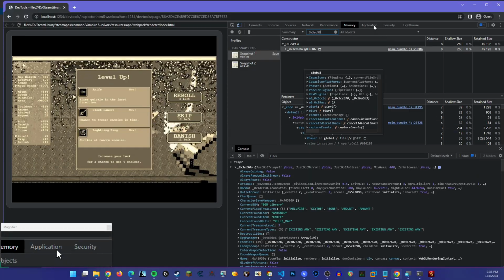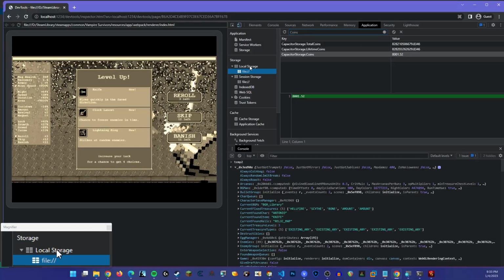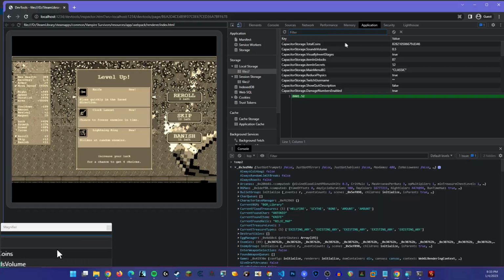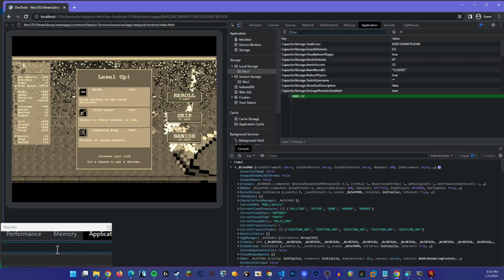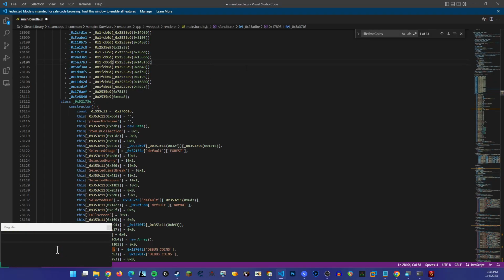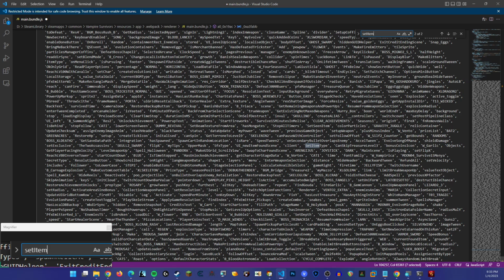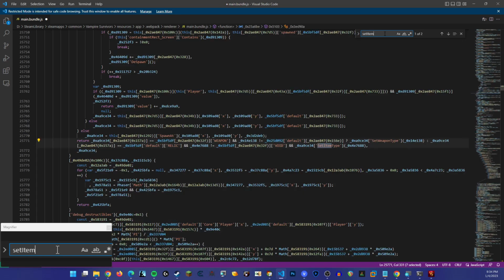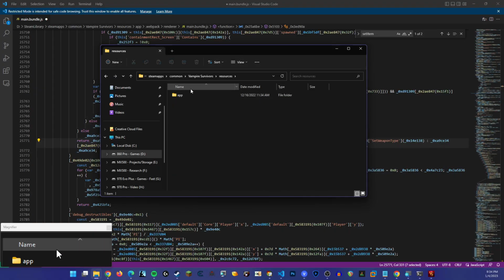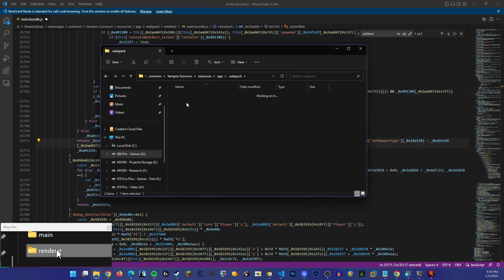Now, since we know that application local storage is being used, we know that the set item method is being used. And if we take a look in the main bundle.js file and we search for set item, we see set item type and then set item type. We don't see the set item method. So where in the world is it? Well, that's where we will go: resources, app, Webpack, renderer, and